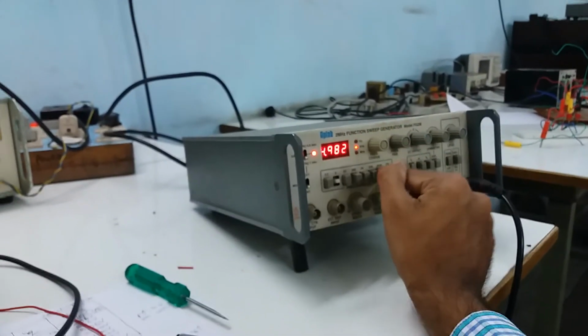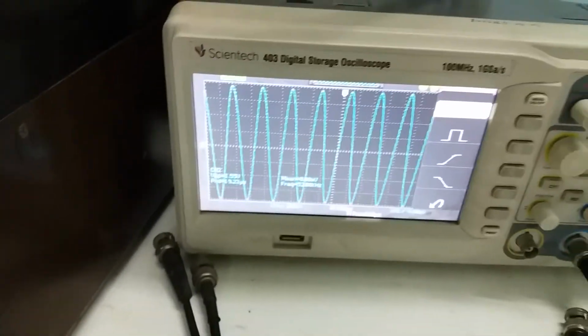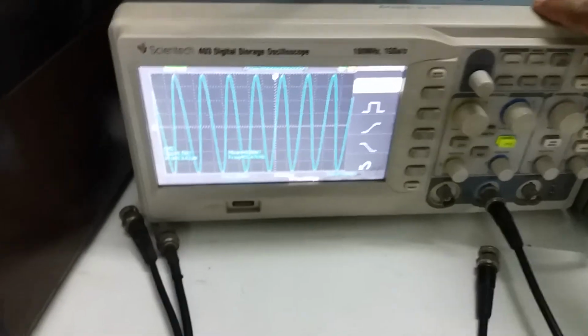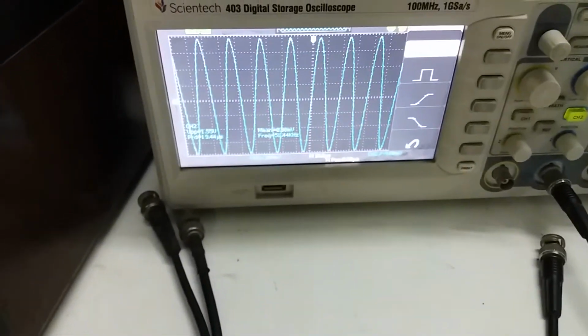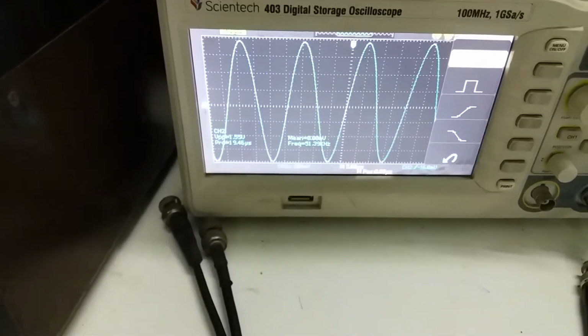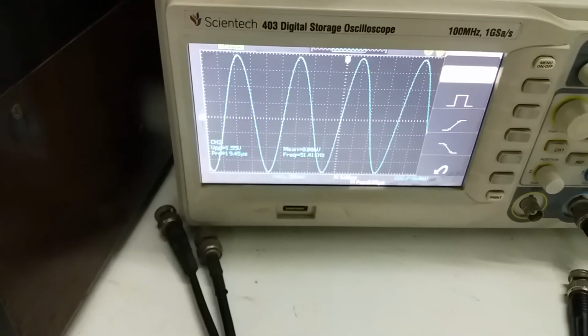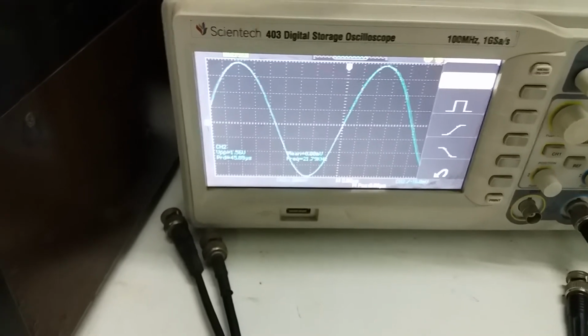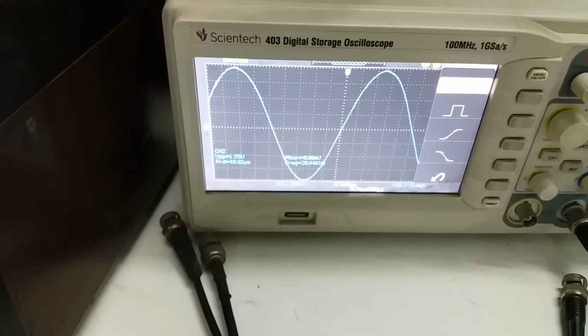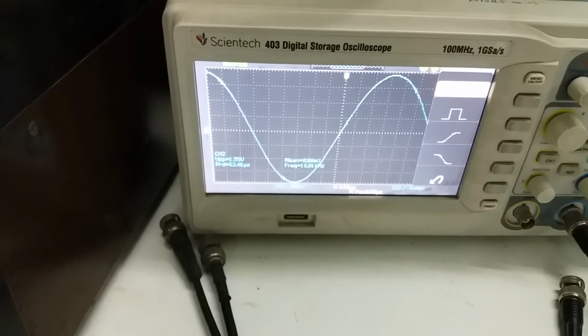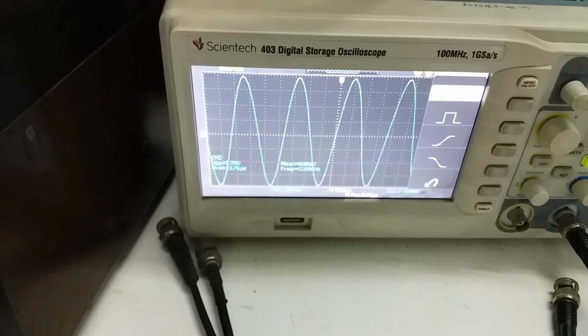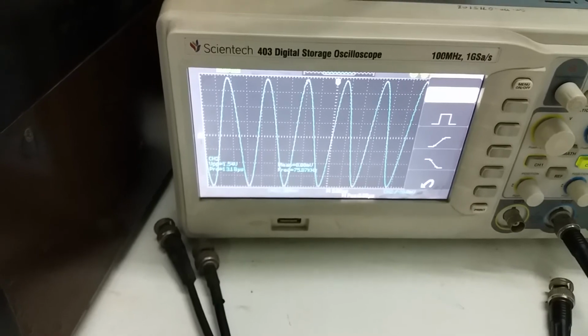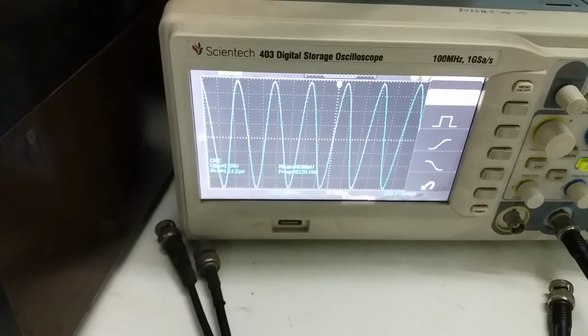Okay, so I am going to reduce, and then I am going to increase further to 200 kilohertz. I am going to give that one. What is the value? You are going to watch it. So press the auto. What is that one I have applied? 50 kilohertz 1.55 only. If I reduce, the same voltage, see 20 kilohertz 1.55. Increase the frequency 40, 50, and 75, the output voltage is 1.55.